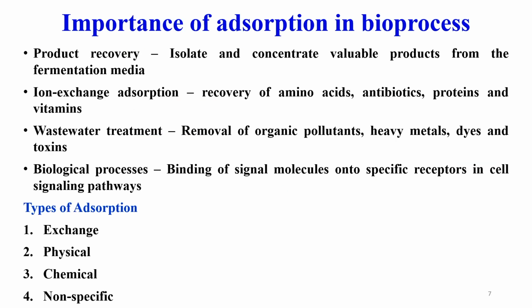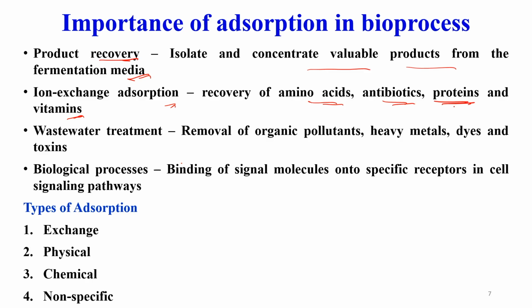Now, in bioprocessing, particularly the importance of adsorption. So, first is the product recovery in the downstream processing to isolate and concentrate a valuable product from the fermentation broth. So, for example, if you want to isolate insulin, recombinant insulin, typically the first step is the adsorption column. Then you can have the ion exchange adsorption, particularly for the recovery of amino acids, antibiotics, protein and vitamins. So, as I told, insulin